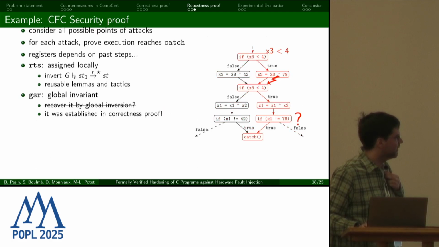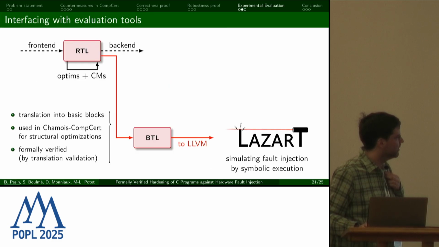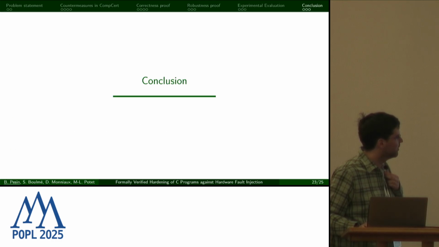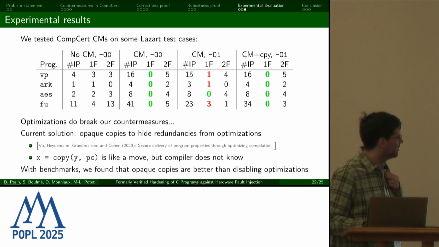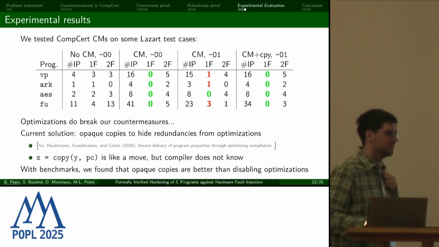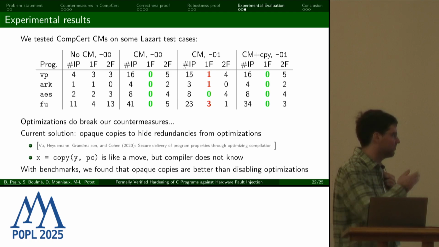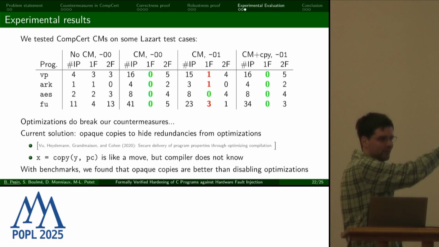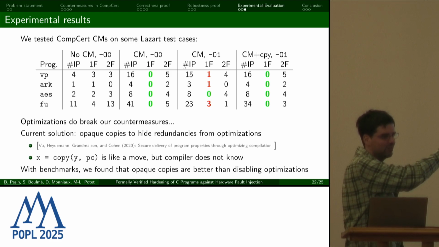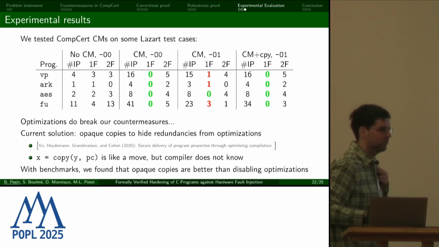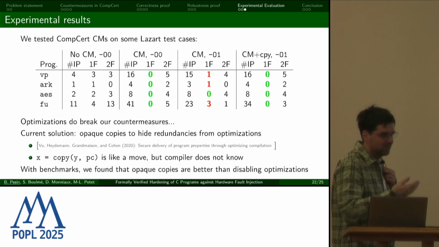The question now is what we would like to prove. The real result is that CompCert with inserted opaque copies is robustness preserving, if we insert them in the right place. That might be true because, experimentally, this is true for these 4 programs. That might be true in general. We don't have the proof. That's what we want to get, so that's what we want to prove.